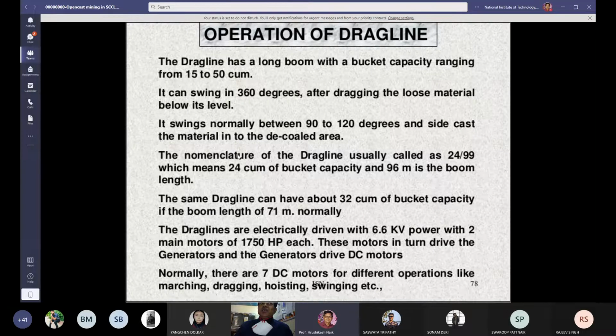It swings normally between 90 degree to 120 degree, because if the swing angle will be more than 120 degree,